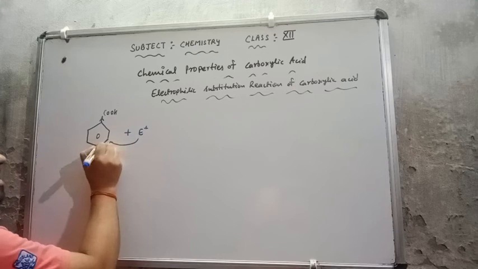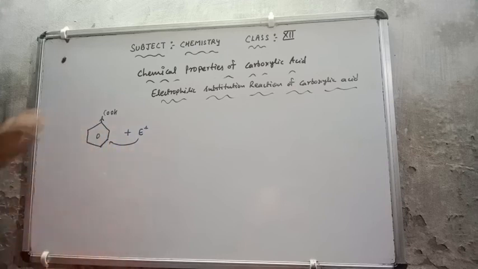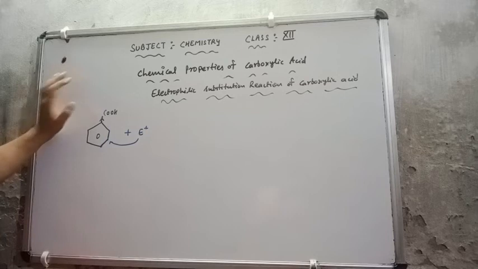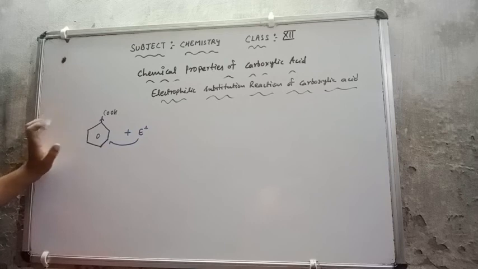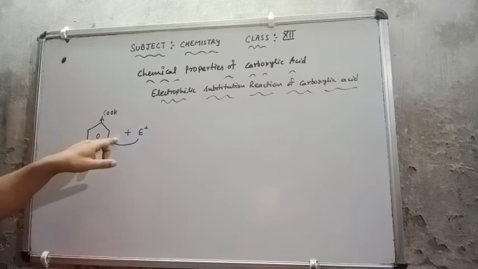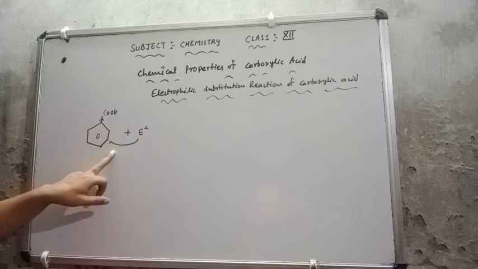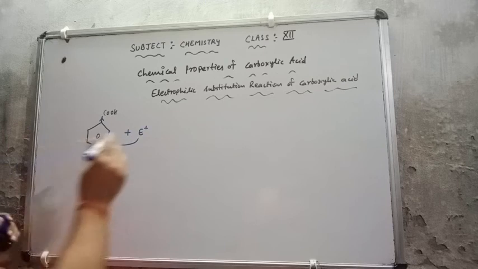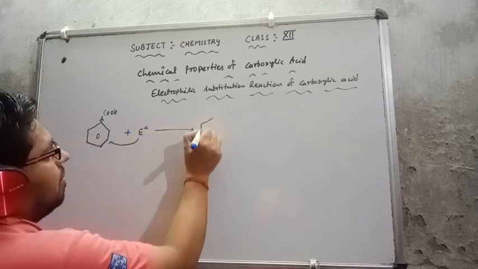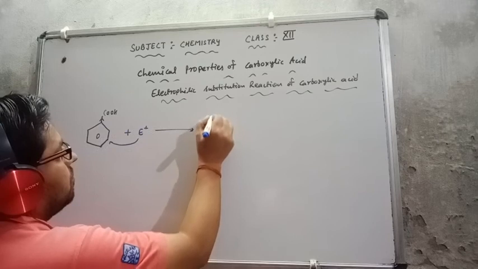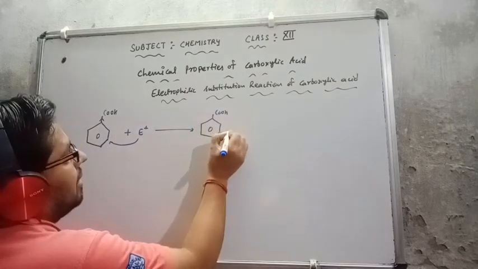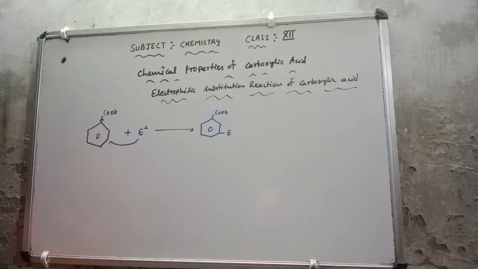The reason behind it is because COOH, this carbonyl group, is a deactivating group. It is going to withdraw electrons from the benzene. So this is going to deactivate. At the ortho and para positions electrons will not be available, only the meta position has electrons. So whatever electrophile there is, it is going to attack on the meta position, and we get the meta product. Like this, COOH as it is, and here whatever electrophile you take will be attached there.